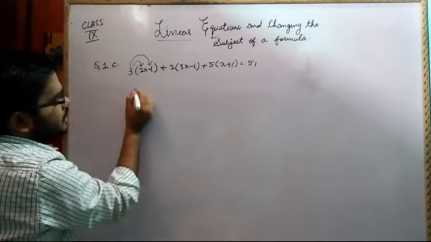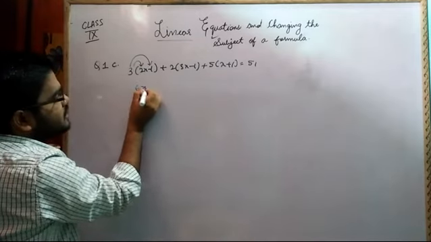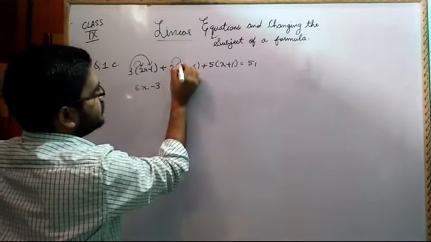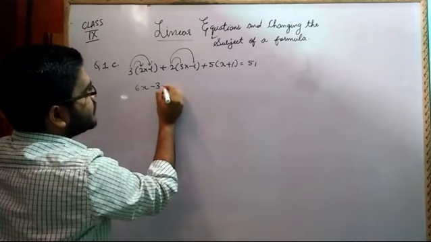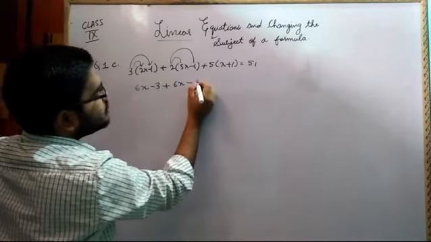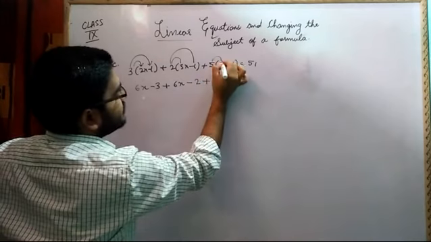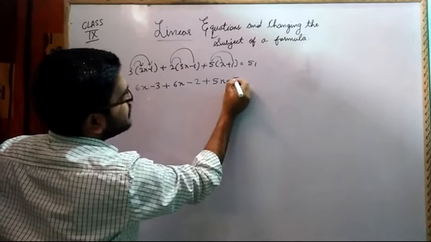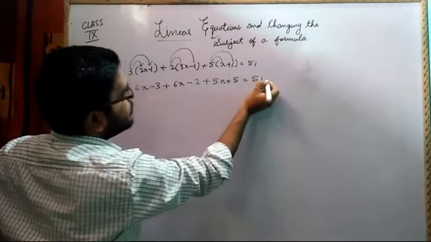Now this 3 will be multiplied with 2x, so it will become 6x. 3 into 1, that is minus 3 because of this minus sign. Then again 2 into 3x and 2 into 1. So plus 2 times 3x is 6x, plus into minus of 2, the same case, then 5x, and then 5 into 1. So it will be 5x plus 5 is equal to 51.